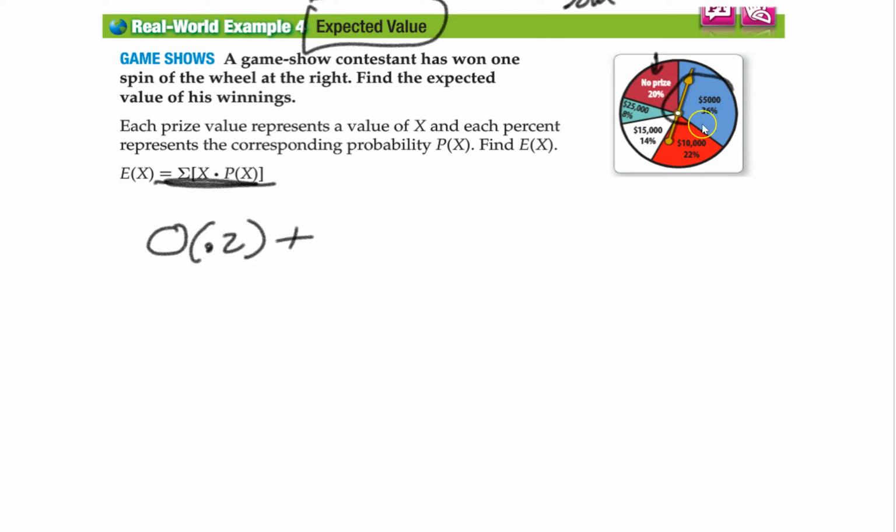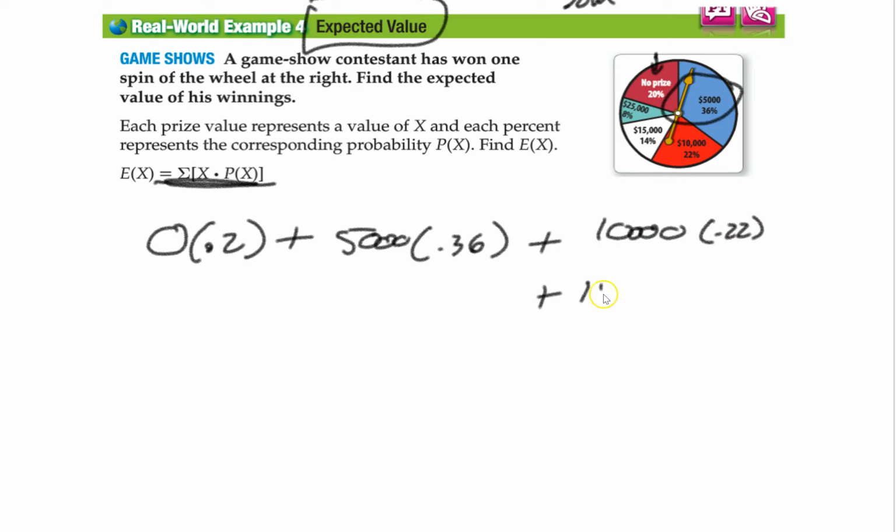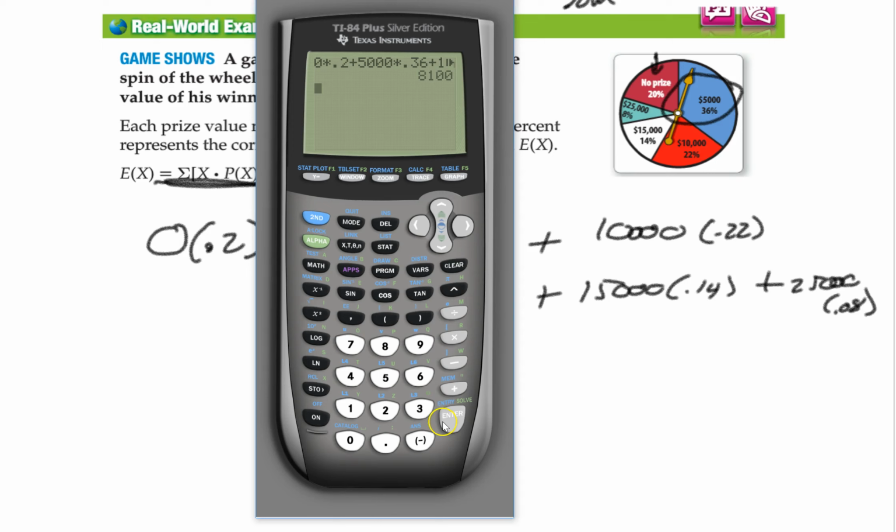Plus the next one, 5 grand. 36% chance of that happening. Plus the next one, 10 grand. You have a 22% chance of that happening. Plus 15 grand and 14%. And then finally 25 grand, you have an 8% chance. And we're going to multiply this all together using our calculator, and we'll get an answer. We get